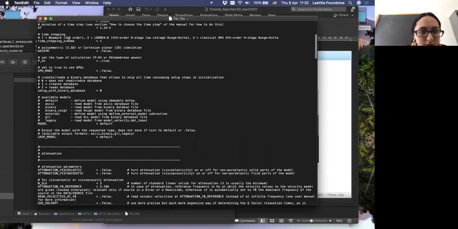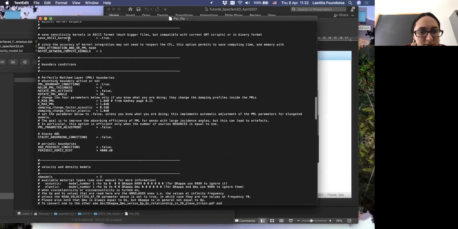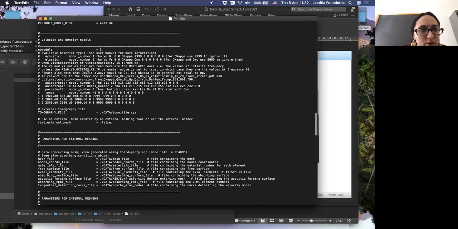So the beginning is the same, but the most important part will be here. If you remember, last day, for velocity and density models, when a model was homogeneous, the number of models was 1, and here we have only 1 line.